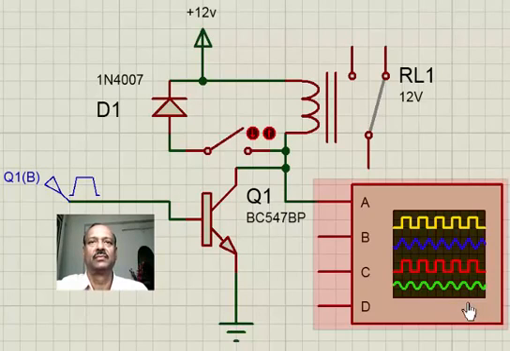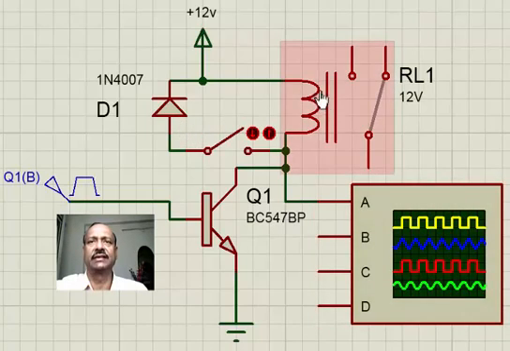Hello. Let us try to understand the significance of a diode which is usually used across a relay coil. This is the relay coil, and a diode is typically used in this fashion across the relay coil. We have deliberately put a switch here, though it never exists in an actual circuit, to understand what happens if the diode is not there. And this relay is being driven by a transistor, and then we are deliberately giving some